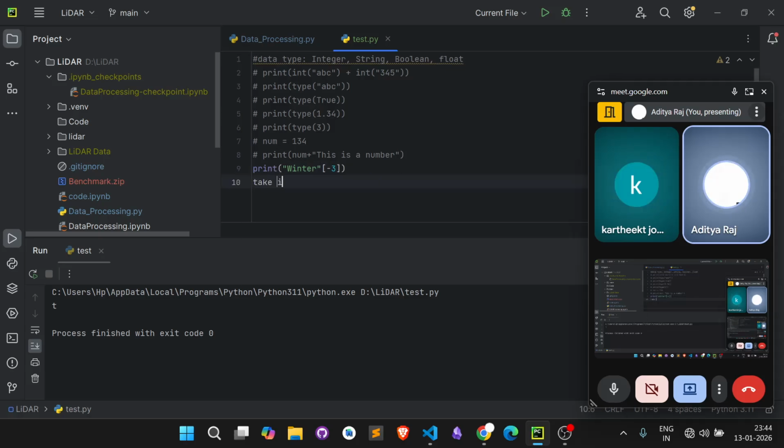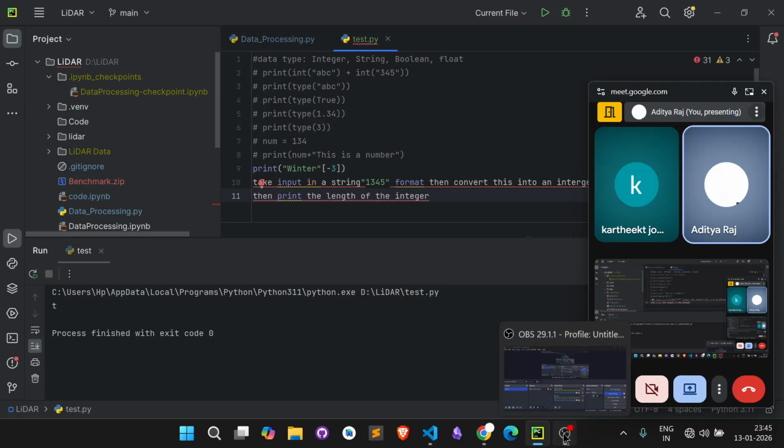So take input in a string format, and the input should be an integer. Input should be, it should be a string, but it should be something like this, 1 2 3 4. It is a string, but it is representing an integer, isn't it? Then convert this into an integer, and then print the length of the integer. So you have to do this by yourself first. Just pausing the